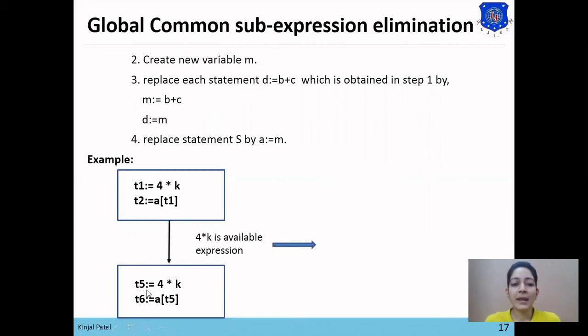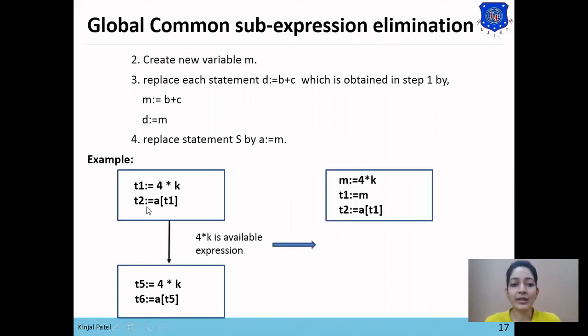So the first step is to reach the definition where it was evaluated first. So here T1 equals 4 star K. This is the definition where 4 star K was evaluated first, so we have discovered that point.